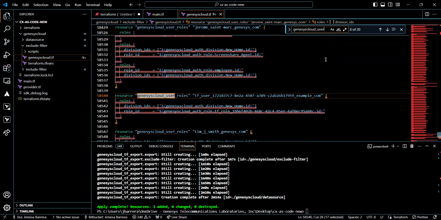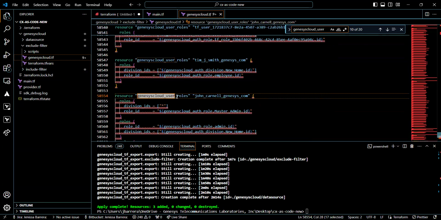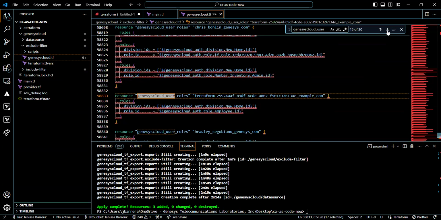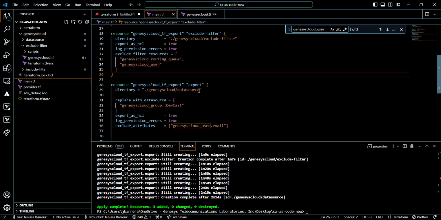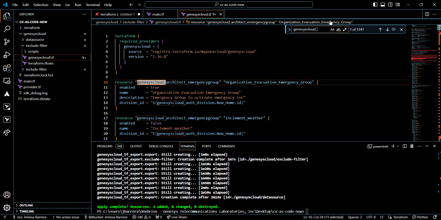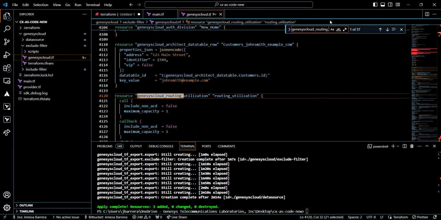This is cloud user. We have user roles, but I think there's no user. And routing queue. So there's no routing queue.